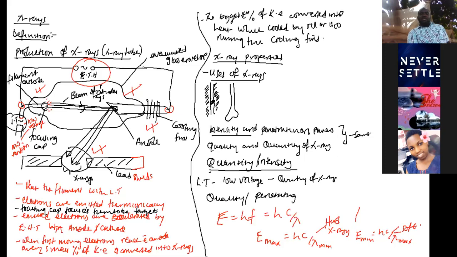If you want soft X-rays, then reduce the extra high tension, the EHT. I wrote ETH, it's supposed to be EHT. Reduce the extra high tension. When you reduce the extra high tension, these electrons will reach the target with a low energy. So they will produce X-rays which do not have very high energy. So those X-rays will have a very low penetrating power, and minimum danger to human tissue. So all this is about the word-explanatory science concepts that we have been